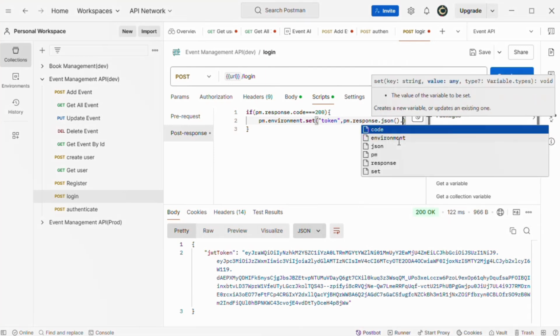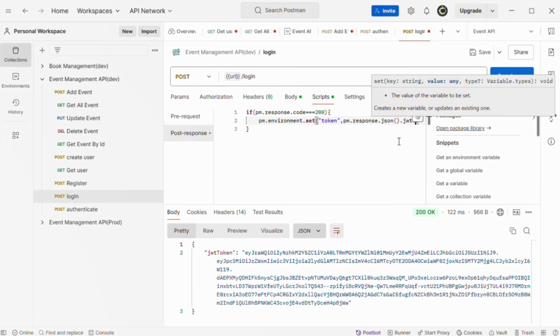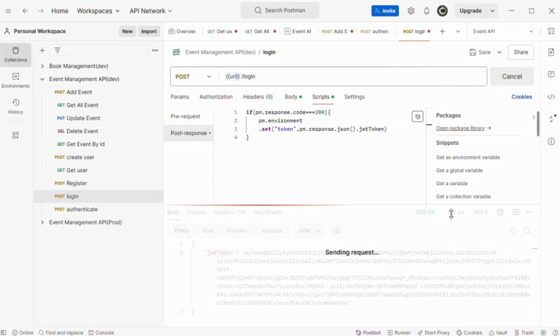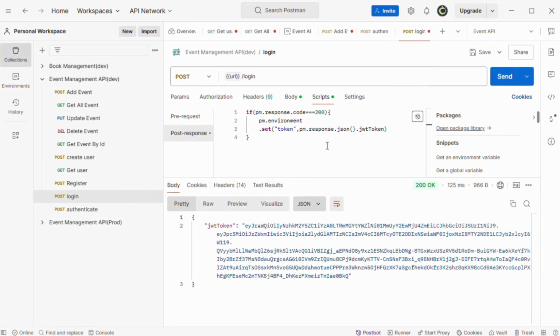Here pm.response.json converts into JSON, and jwt token is our key name. Let me put it in the next line so you can see this clearly. Here then we have the JWT token key. Basically whenever I make a request, it will update the token environment variable also.